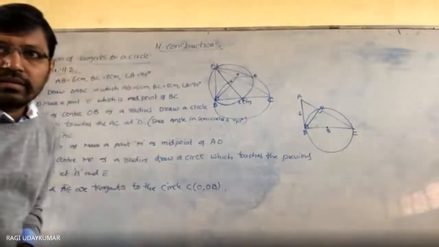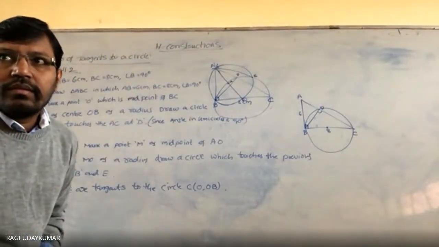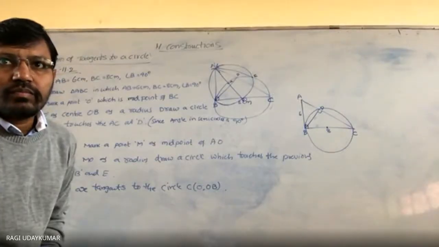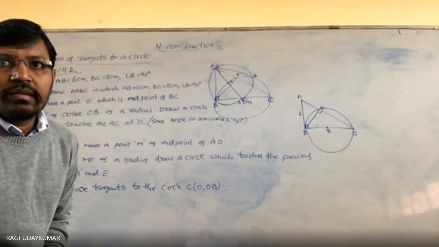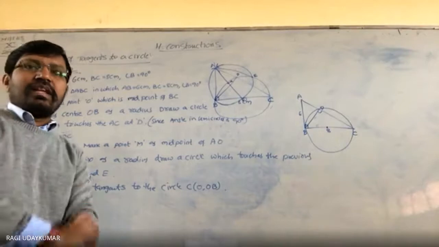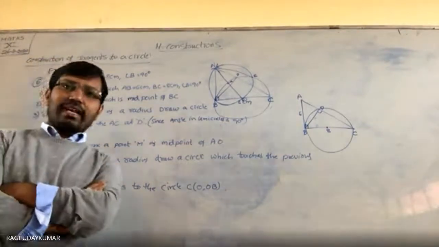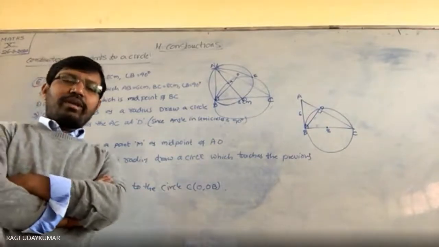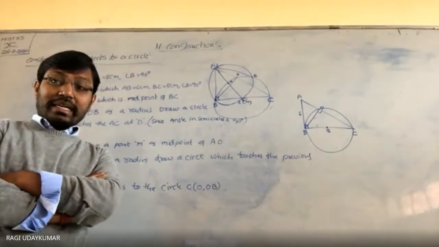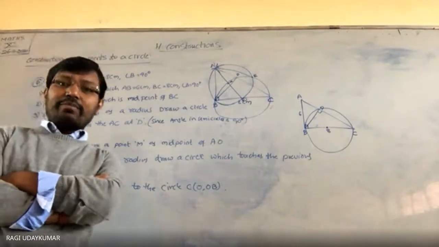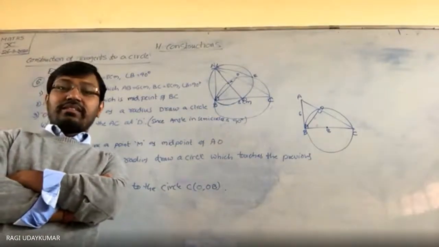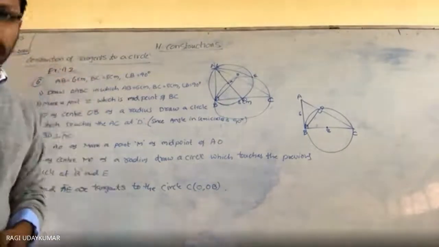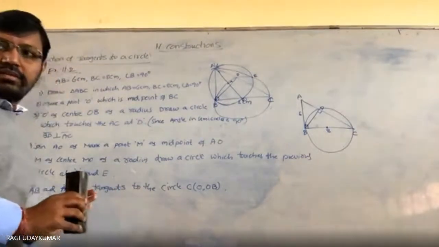समझ में आया? Yes, sir. Any doubt here? No. So last problem है. Last problem is very simple. Draw a circle with the help of the bangle and take a point outside the circle. Construct the pair of tangents from the point outside the circle. कुछ नहीं है. But इसमें एक चीज है, center पता है. Sir, center how do we find out? In the 7th problem, ये समझ में आया ना?